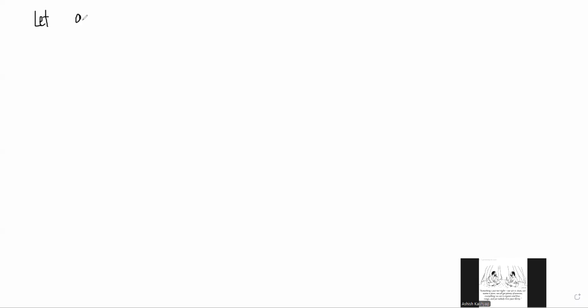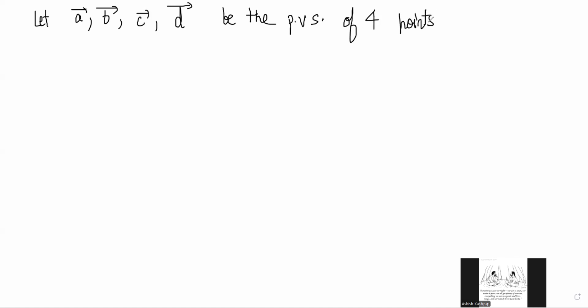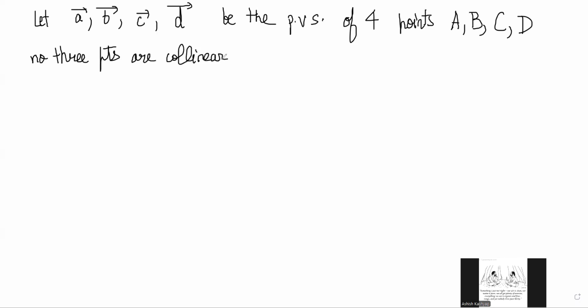So let's say A, B, C, and D be the position vectors of 4 points, capital A, capital B, capital C, and capital D. And here, no 3 points are collinear. No 3 points here are collinear, right? Then we can say the 4 points, capital A, B, C, D, are coplanar,